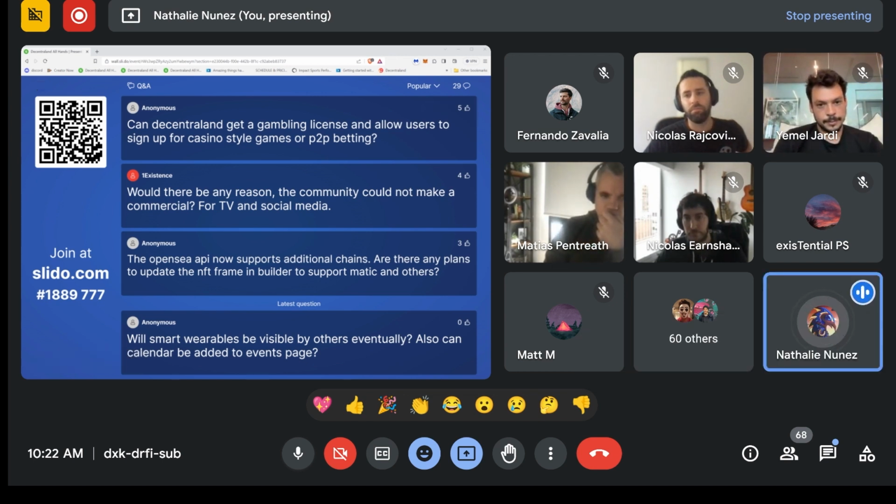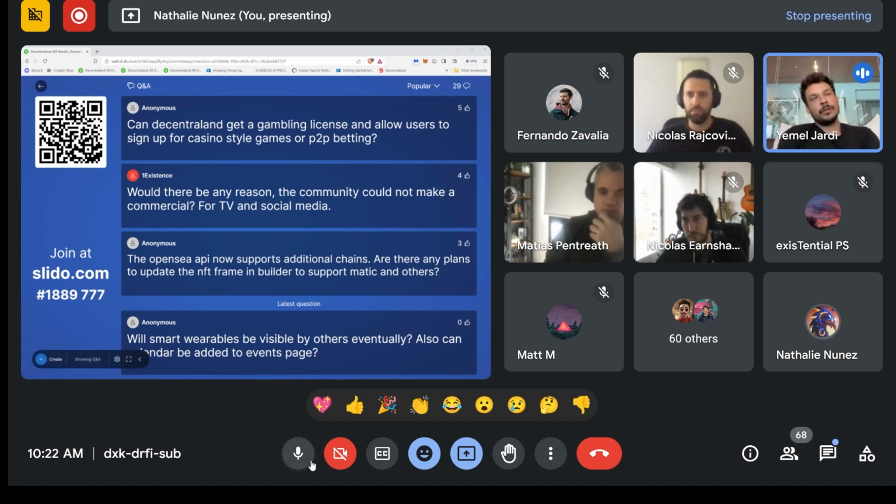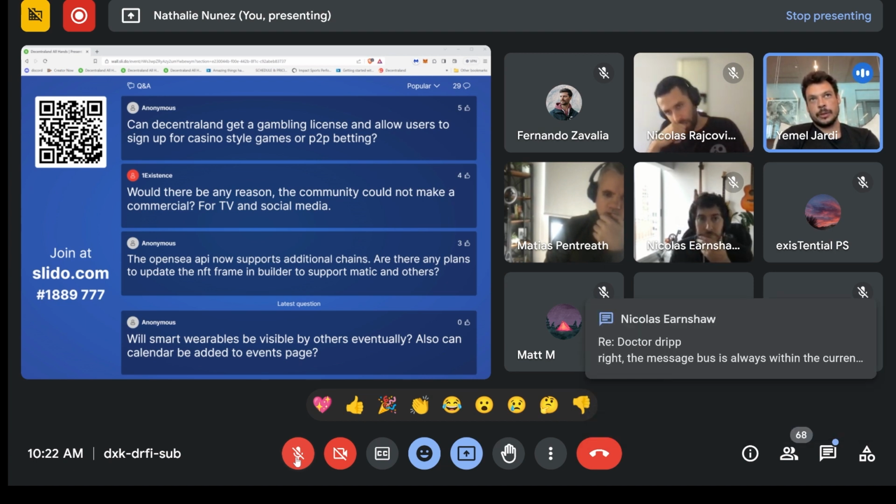Can Decentraland get a gambling license and allow users to sign up for casino-style games or P2P betting? So for Decentraland Foundation or Decentraland as a platform, we are delegating the responsibility to the creators and the landowners for the things they build.